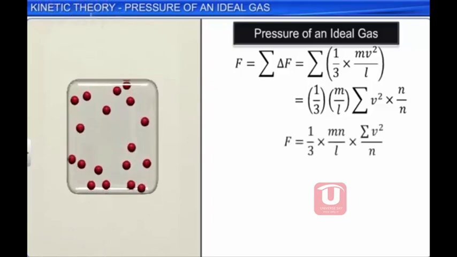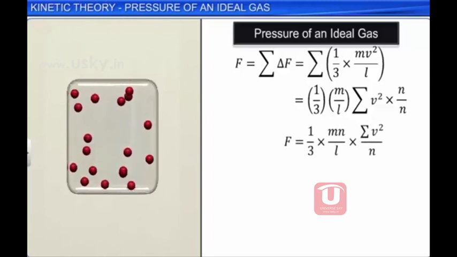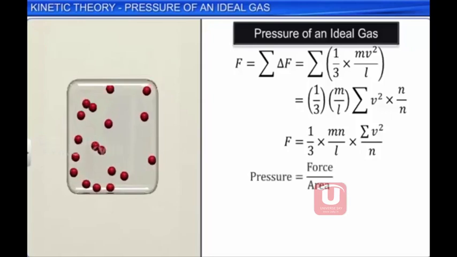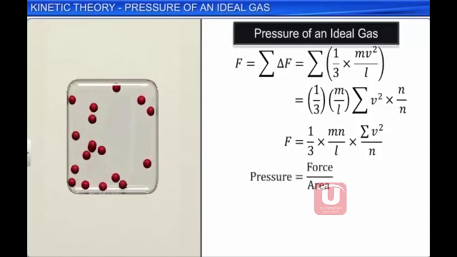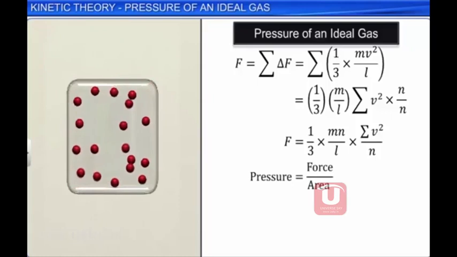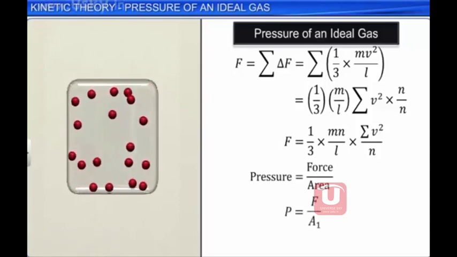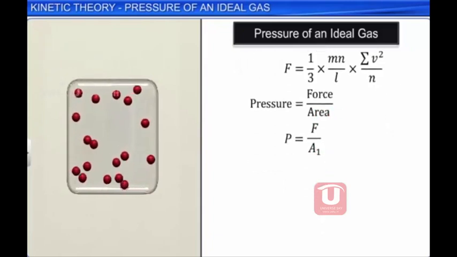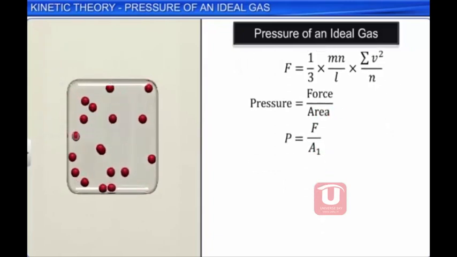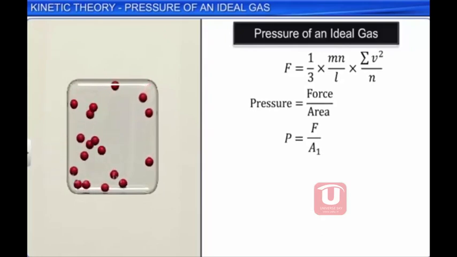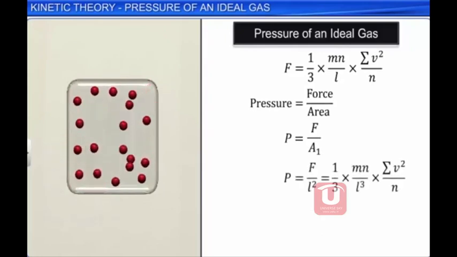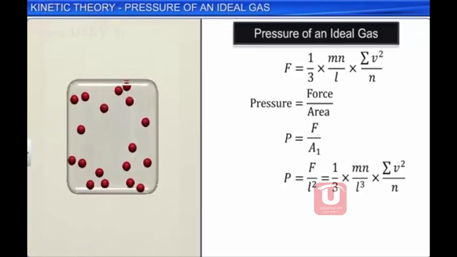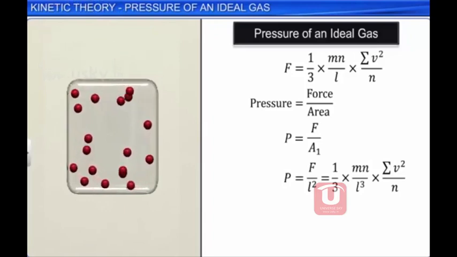Pressure is defined as force per unit area. Pressure acting on face A1 is equal to force divided by area of face A1. By substituting the value of force in the equation for pressure, we get pressure is equal to 1 by 3 mn by L cube into sigma v square by n. Simplifying, we get pressure is equal to 1 by 3 mn v square bar by L cube,